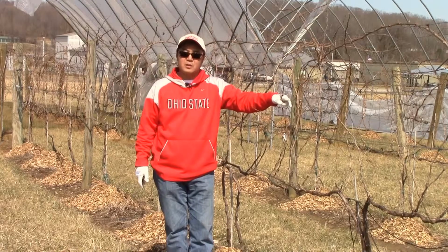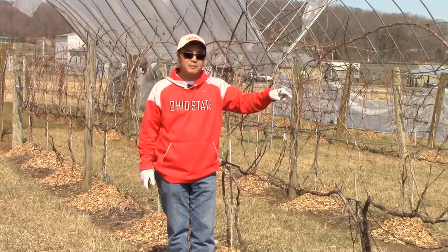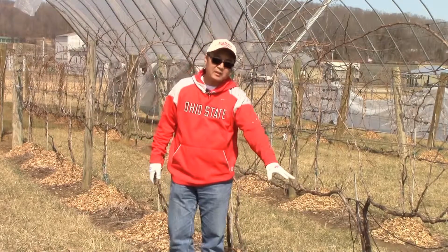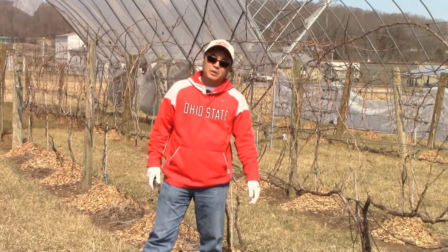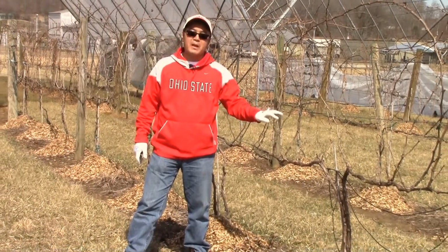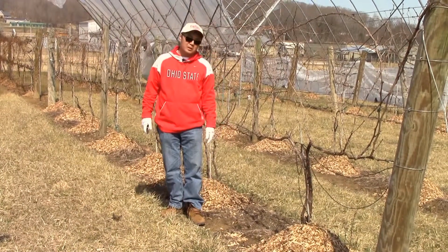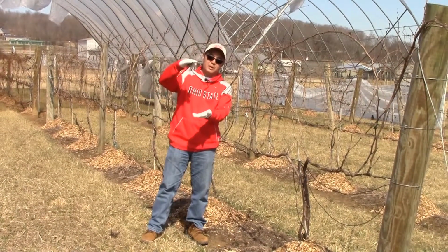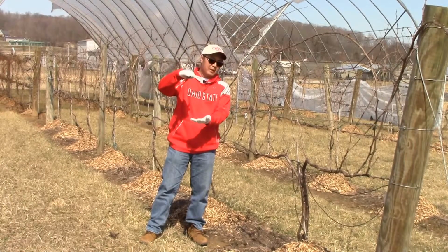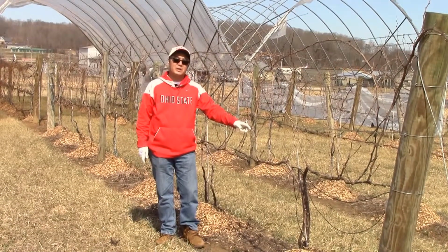Because those varieties are quite tender, it's very important to protect them. So what we have here is we have put some wood chips around the graft union, so that's going to protect the graft union. If the winter is really cold, at least that portion is going to stay alive. And some growers have used soil. What they do is they bury the graft union with a foot and a half of soil, and that will work even better. So in our case, we have a small vineyard of, here we have Cab Franc and also